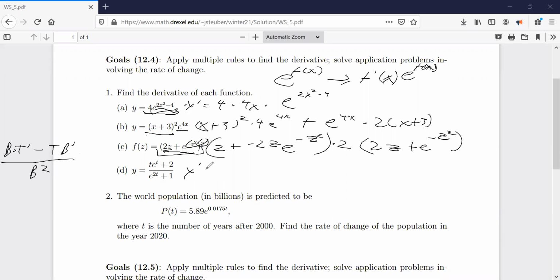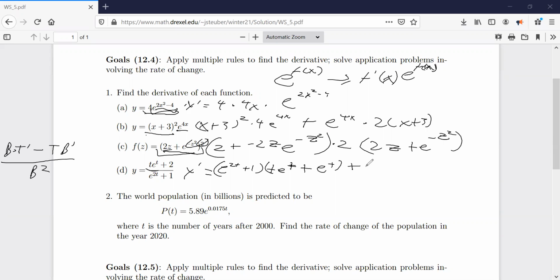So y prime is going to be equal to the bottom, e to the 2t plus 1, times the derivative of the top. For the derivative of the top, we need to do a product rule, and then the 2 is going to disappear. So first times the derivative of the second, that's t times e to the t, because e to the t is its own derivative, plus the second times the derivative of the first, but the derivative of t is just 1. So it becomes t e to the t plus e to the t,